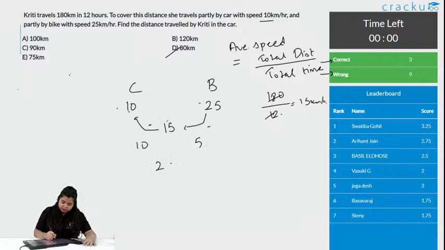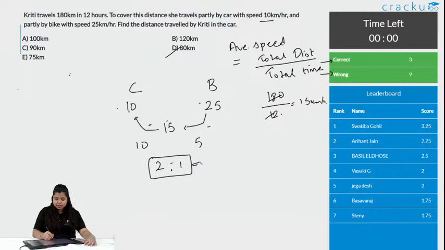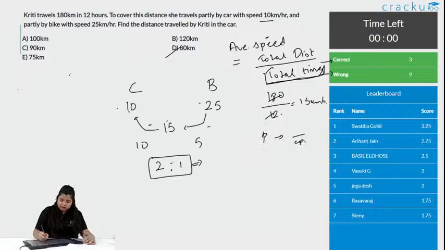It is 2:1. Now, the important part here is what this ratio is for. Is this the ratio of distance? So, shall I divide this 180 into 2:1 ratio? No. Remember, speed is always based on total time, right? Like profit was for cost price, similarly speed is calculated on time, like the distance travelled in what time is speed. So, the ratio is of time.